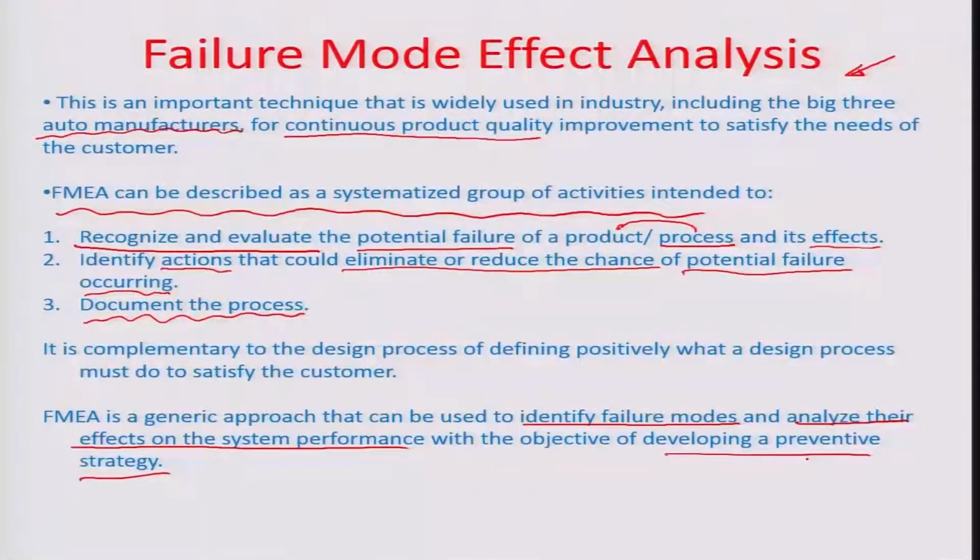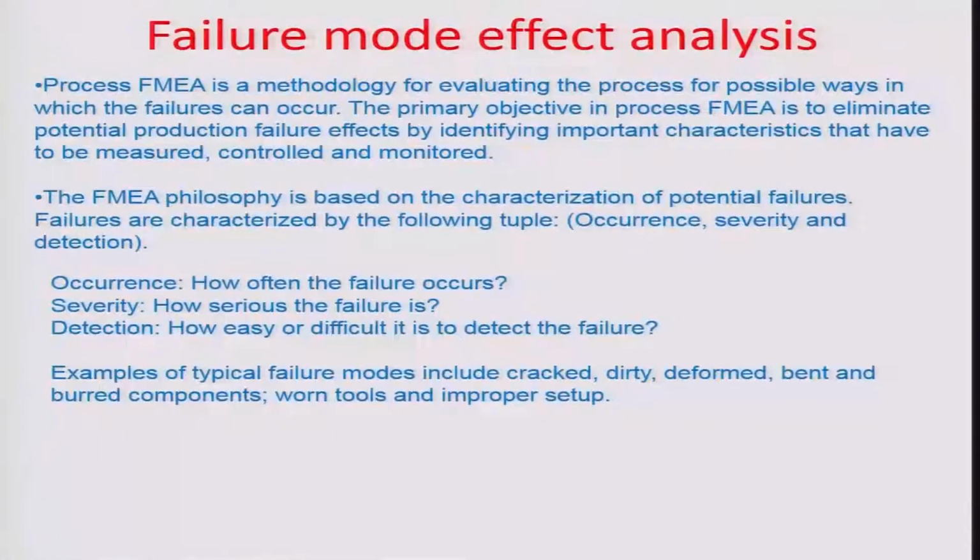And how we do FMEA is that there is a threefold methodology which is used. So in the process FMEA, typically we formulate a methodology for evaluating the process for possible ways in which failures may occur. Failures may occur in the production, okay, or the product that is being produced. The primary objective is to eliminate the potential production failure effects by identifying important characteristics that have been measured, controlled,